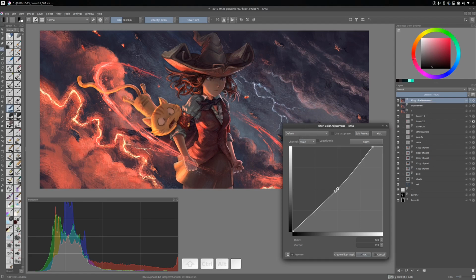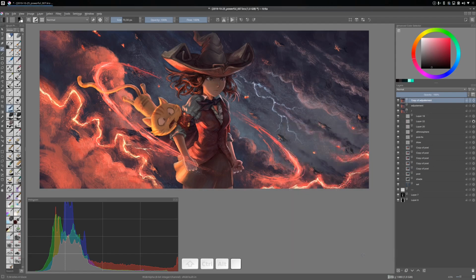So the middle values of the picture are now a bit dark, but I prefer to edit them in another pass. So I can check with preview. Yes, this is the effect I want. And I press OK. Now I will continue to duplicate my layer, and then I will call again